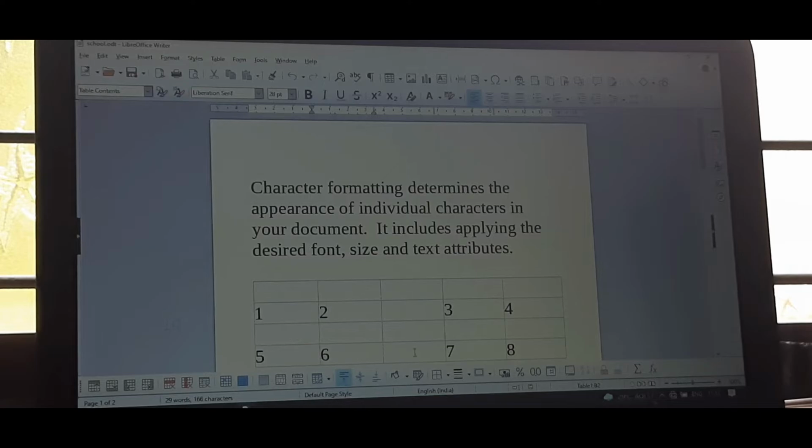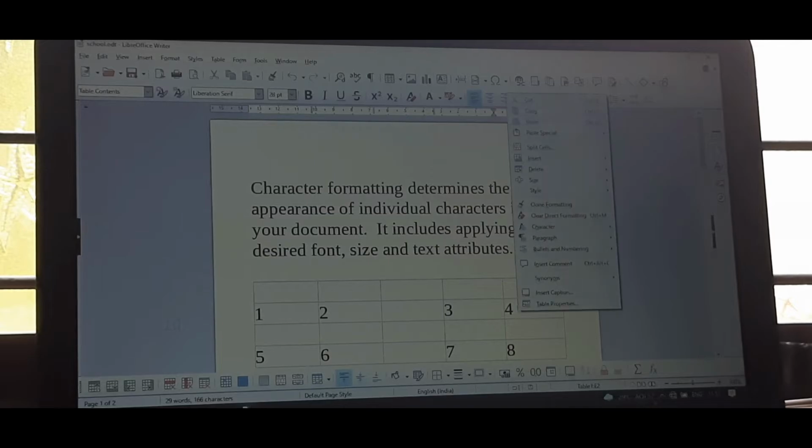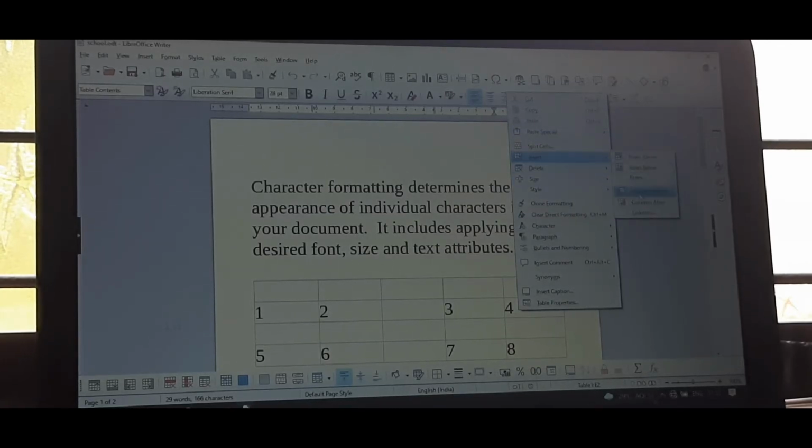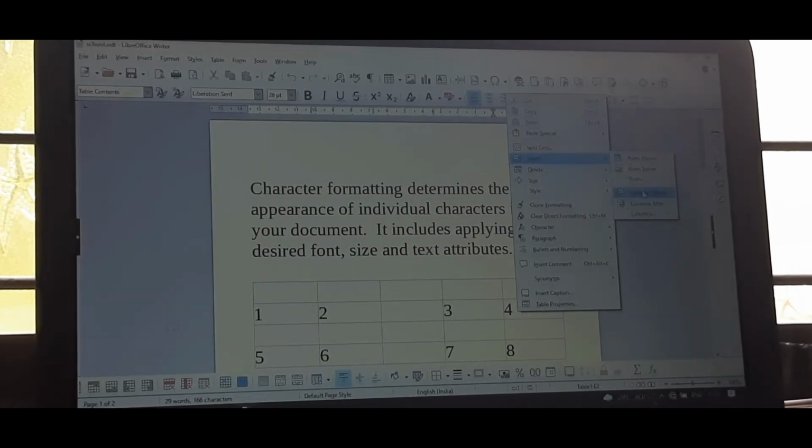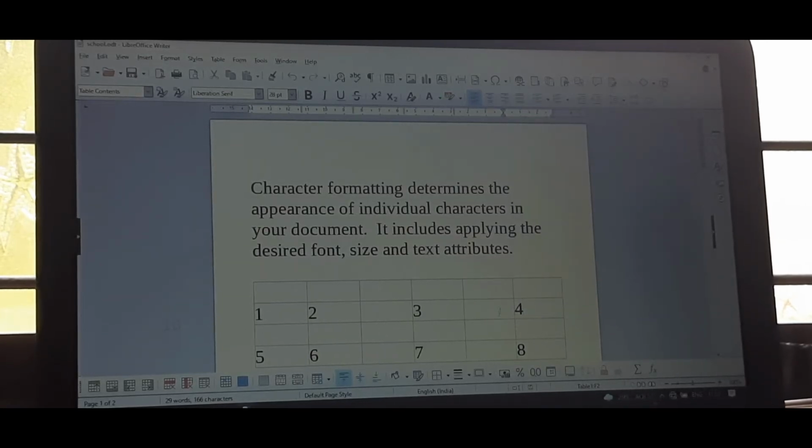See, here one column is inserted. Where I placed the cursor, after that one column is inserted. Okay, then if I keep the cursor here on 4, then same step, Insert Columns Before, then before that one column will be inserted.